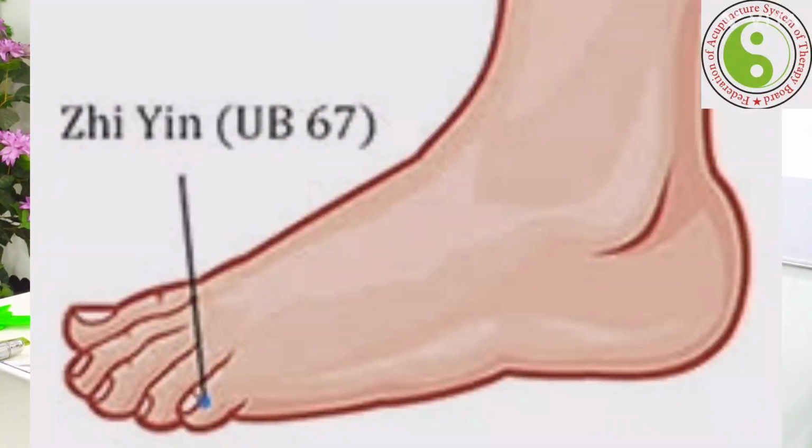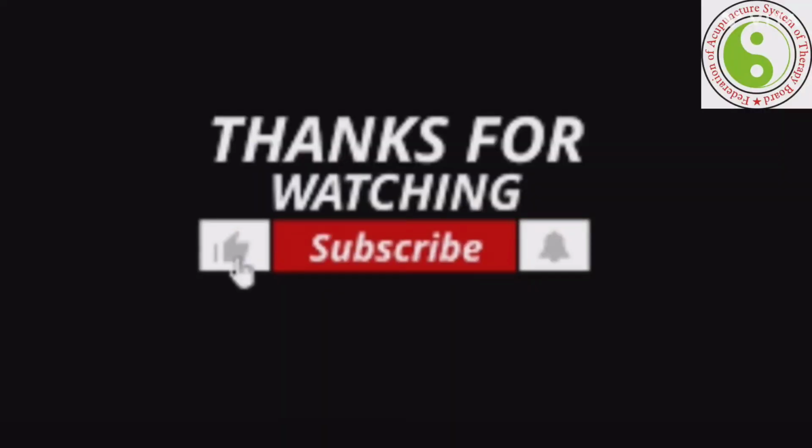UB67 completed here, but K1 is starting here. You understand? UB67 completed here on the pinky toe. Now the K1 is starting here, just as H9 completed on the inside, but SI1 started here. Both are coupled organs. That is, small intestine and heart are yin and yang organs. Whereas in a similar way, the kidney meridian and UB67, the Fu viscera, the Fu viscera communicates to the Yin viscera on the other side of the same toe.